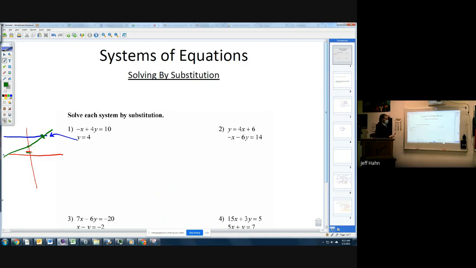We are no longer going to do that. Well, we'll do it sometimes. But today we look at solving by substitution. And here are the fundamental simple rules. Rule number one